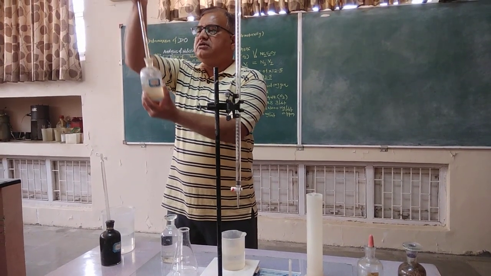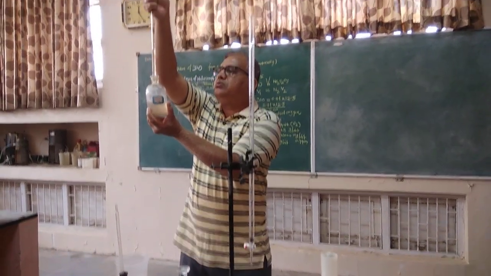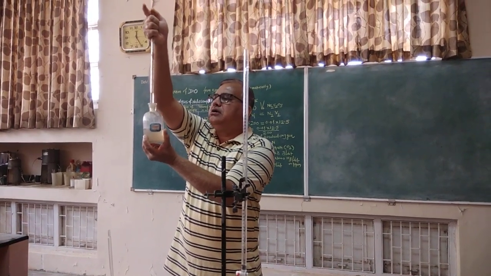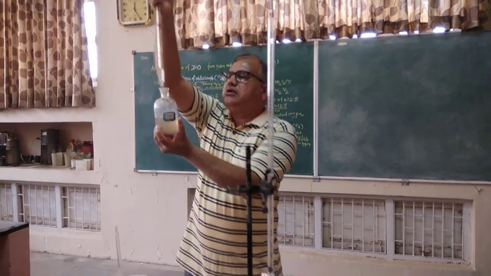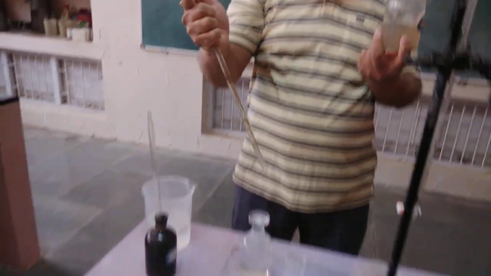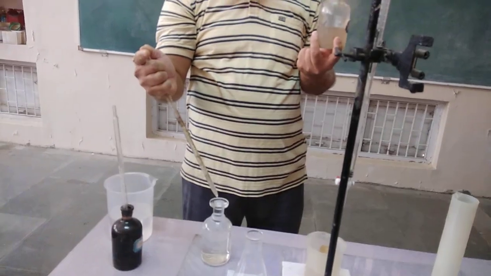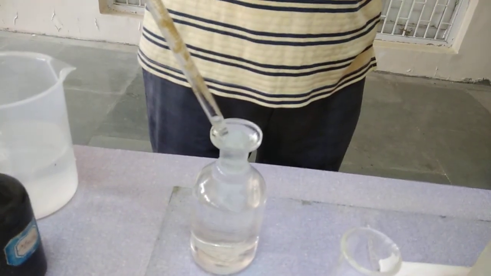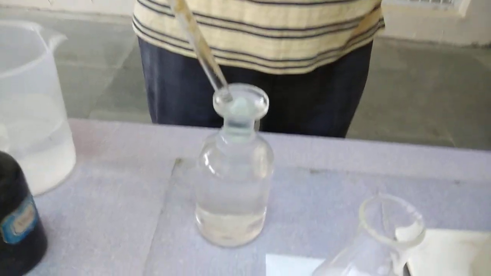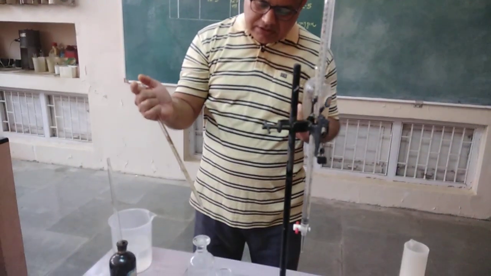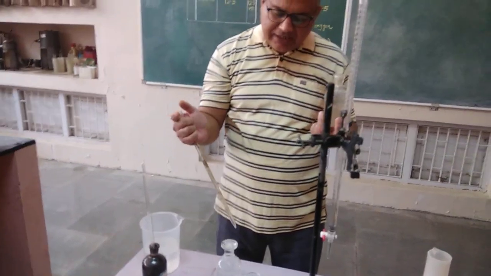For 2 ml, just take from 8 to 10, because this is a graduated pipette of 10 ml. So this is 2 ml of solution. Exactly from 8 to 10, you add this alkaline iodide azide solution by dipping the tip of the pipette inside the water sample. Don't dip the pipette fully in the water sample. Just insert the tip of the pipette and release the solution.